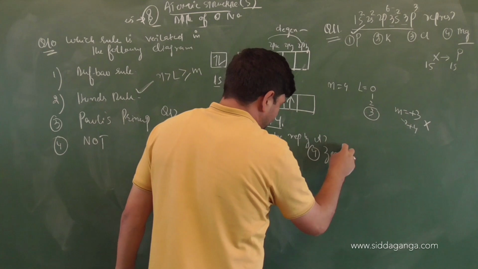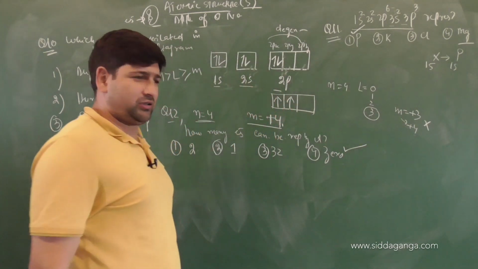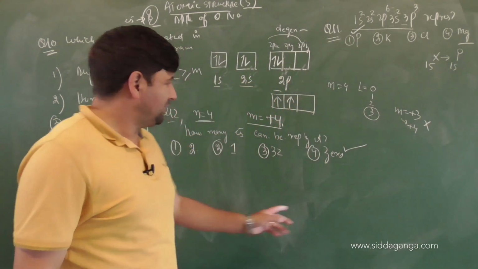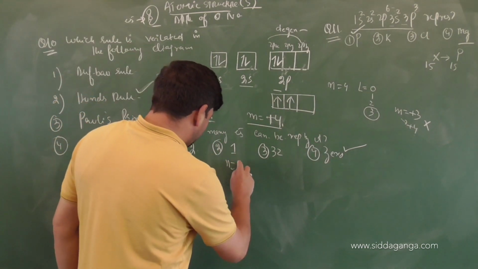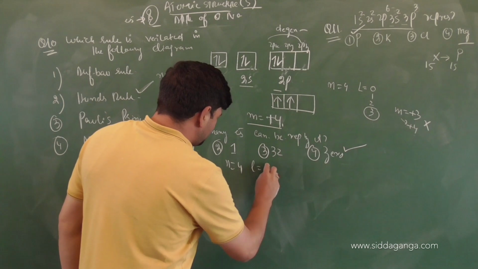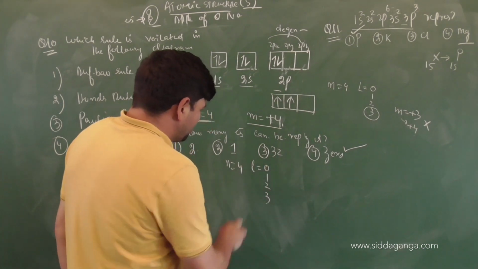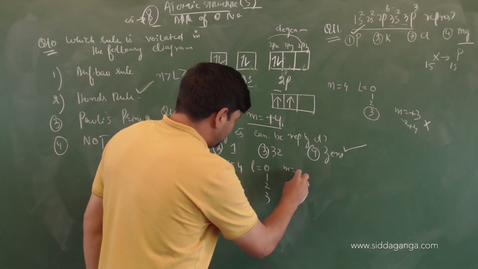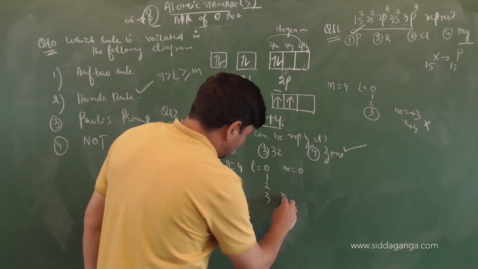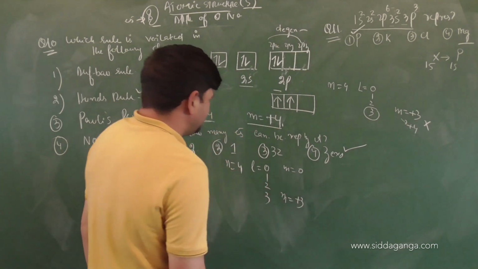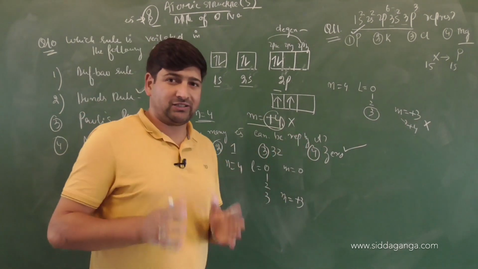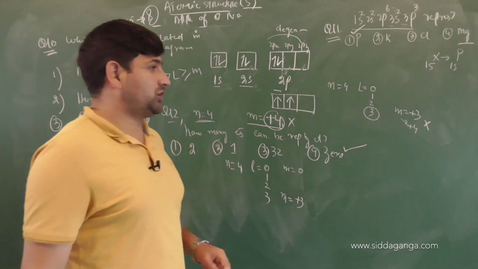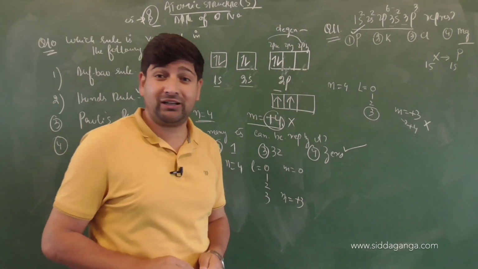Thus it will be applicable to no electron at all. It's not available. It's not permitted. So when N is 4, let us have a look at this configuration also. What is N? 4. What is the L value? 0, 1, 2, 3. So for L value 3, M's maximum value will be plus 3. There is no possibility for plus 4 to exist at all. Thus, it's not applicable. Your answer should be, sir, this set of quantum numbers is not permitted.